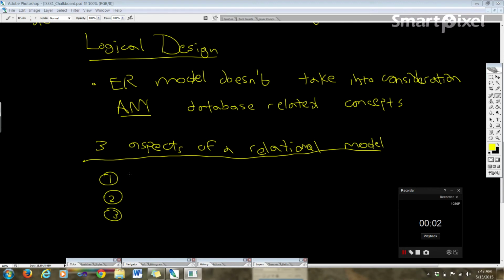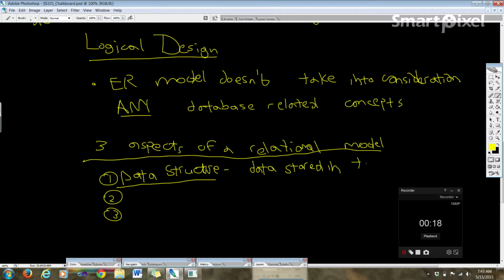Okay guys, so in the last video we said there were three aspects to a relational model. That is data structure, where data is stored in tables, data integrity, which satisfies integrity constraints,